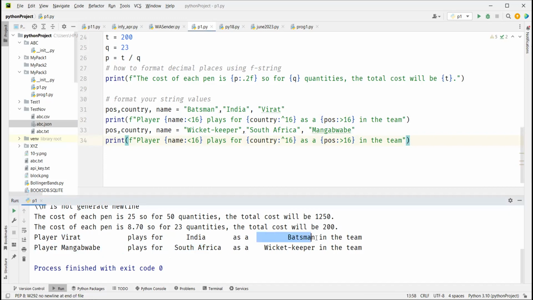Then we do right alignment. See, batsman on the right, wicket keeper on the right, isn't it? It all went to the right and spaces are vacant on the left. So this is how you can do padding alignment: center alignment, left alignment, right alignment. And you can also do what we call